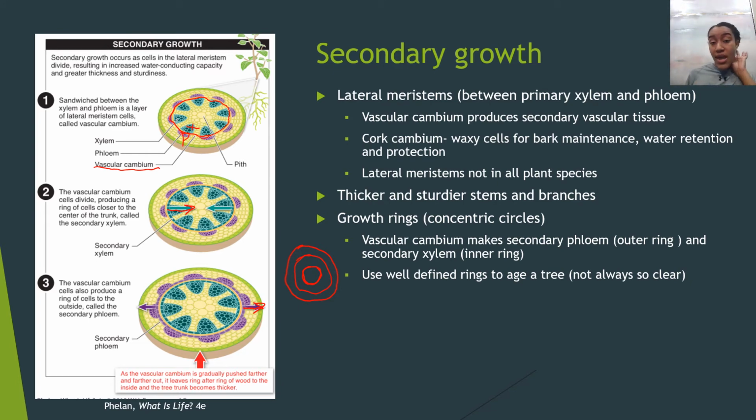Not all plants have lateral meristems, but some do. And so for a lot of this, we're going to be talking about trees because it's one of the easiest ways to see and explain what lateral meristems are. So in trees, this type of growth results in growth rings, specifically in temperate regions. In tropical regions, you can't really see growth rings as well, but in temperate regions like a lot of America and Canada and things like that, you can see these rings within a tree if you cut it down,